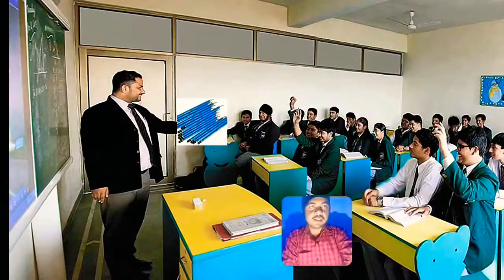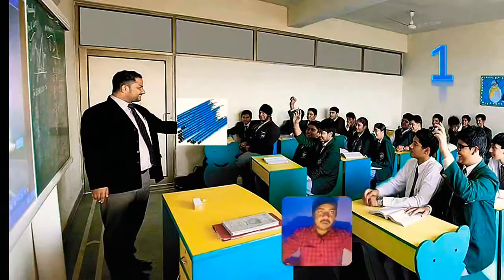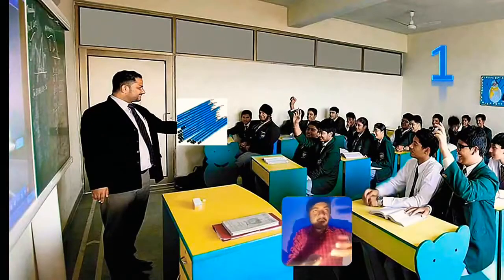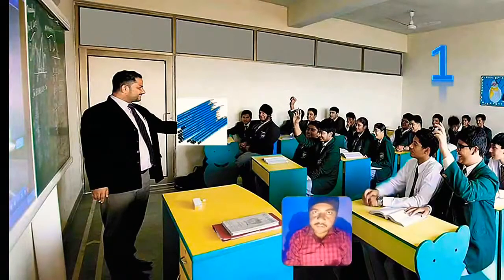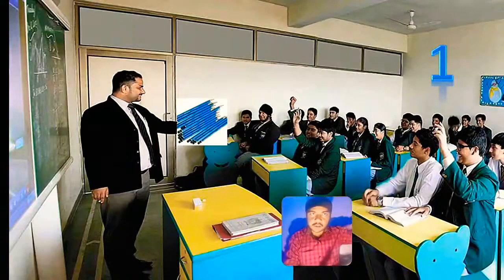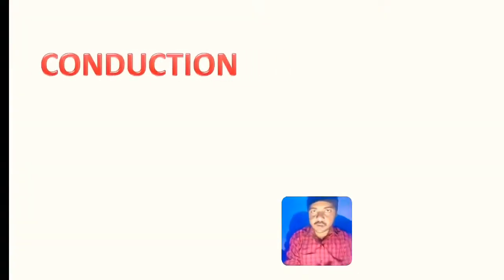So let's say the first condition, how he can transfer the heat. He can simply give one bundle to all the students sitting in the top row, and they will take one and pass the rest to the person sitting behind. Then he or she will also take one and pass the rest behind. This way it can transfer. The bundle is given to the first boy, and then he takes out one and passes the rest. Then he also takes out one, passing the rest, and she is also taking out one and passing the rest to behind. This process of transfer of heat is called conduction.